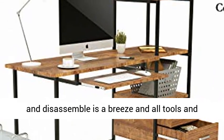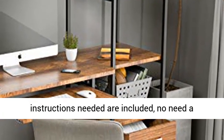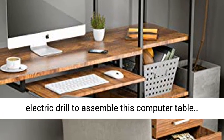5. Easy assembly. Assembly and disassembly is a breeze, and all tools and instructions needed are included. No need for an electric drill to assemble this